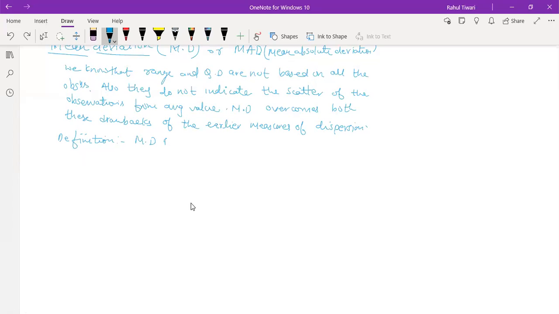MD, or mean absolute deviation, is defined as the arithmetic mean of absolute